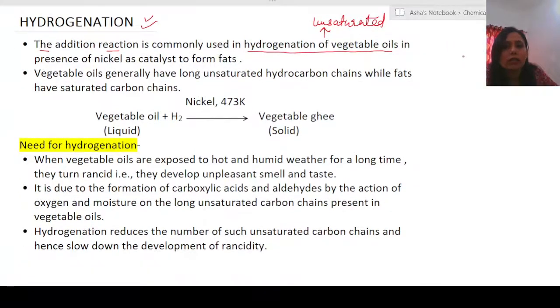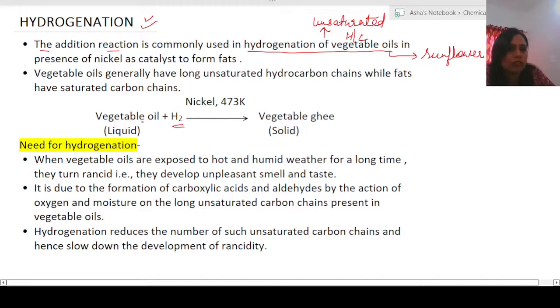Now what are vegetable oils? Oils which are in the liquid state, like at home you know there is sunflower oil. Okay, this is a very common one. So the oils are basically unsaturated hydrocarbons. Whenever you add hydrogen, like here H2, to an unsaturated hydrocarbon, vegetable oil which is in the liquid state,